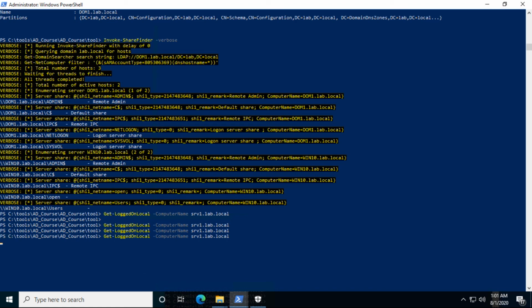Okay, let's go for another command which we can try. If there is a group present in the domain controller, how many users come under that group? To get that list of users present in that group, we simply have to fire this command.